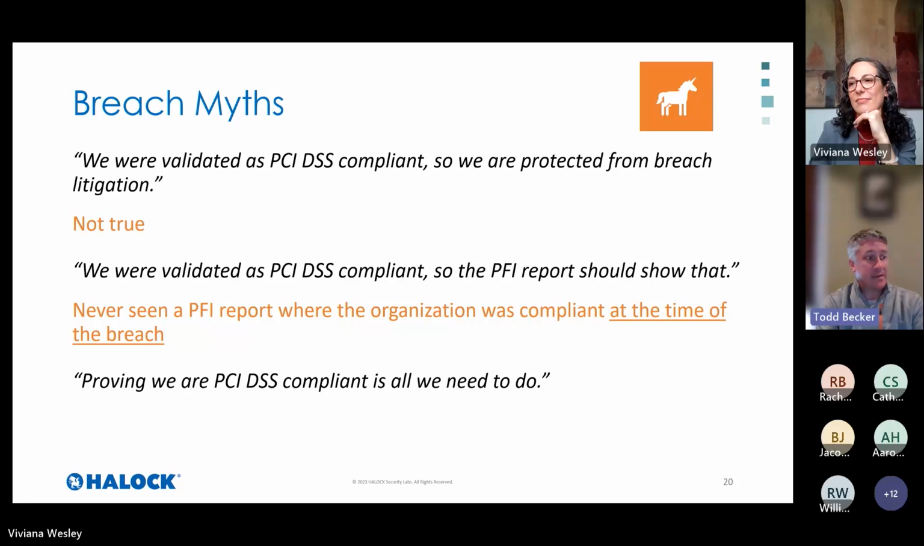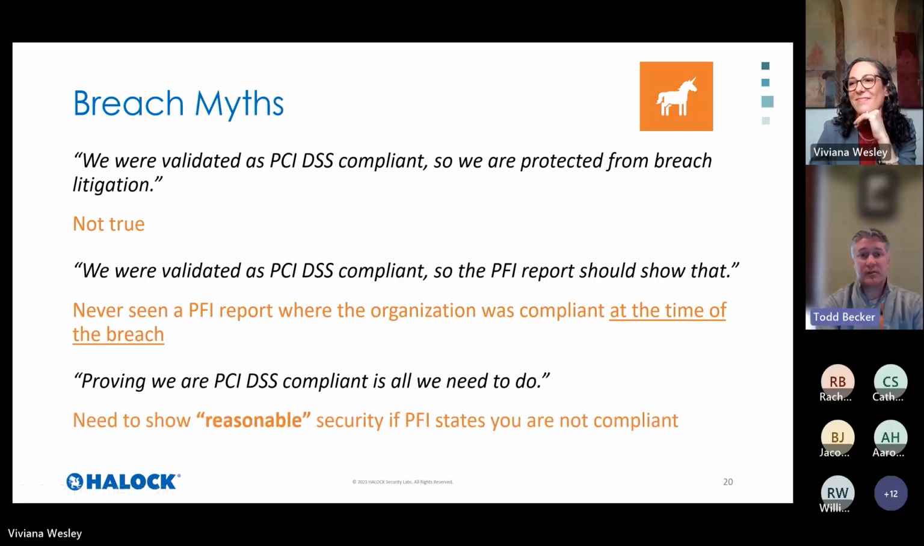And then the other statement here, proving that we are PCI DSS compliant is all we have to do. And again, for protection of cardholder data only, maybe. But many of the cases that we get brought into are organizations that lose information that is other than cardholder